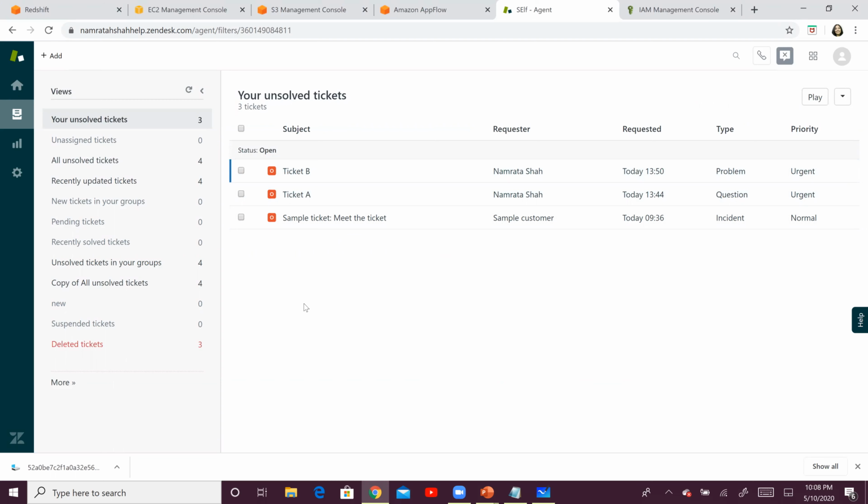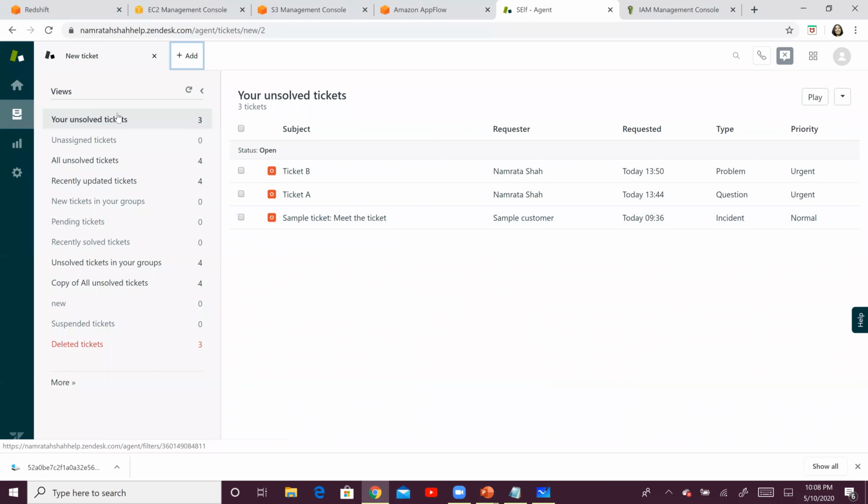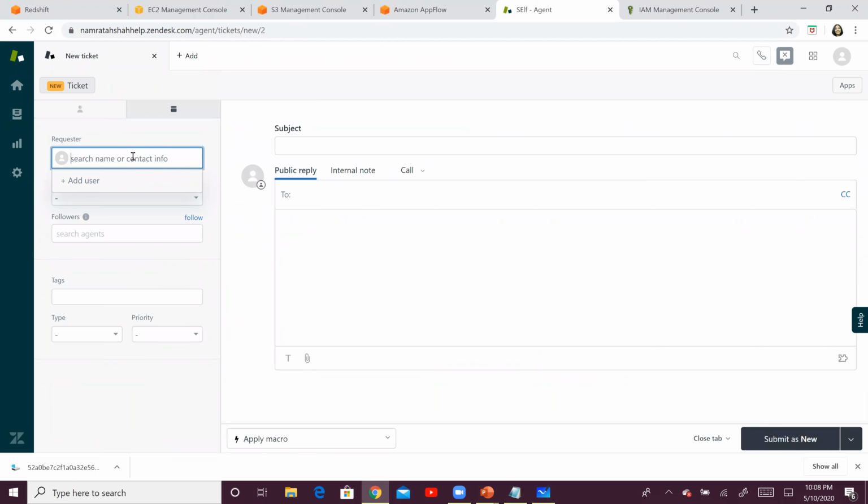Creating ticket records is fairly simple. You just need to click on this plus add over here. Go to new, go to ticket, and let us add a ticket right now. Over here in search name, just leave it as it is. In assignee, say ticket. In followers, just say follow. Don't add anything for type and priority.